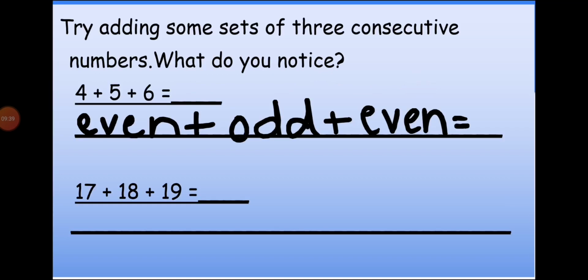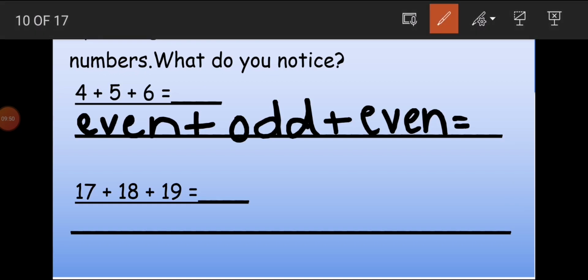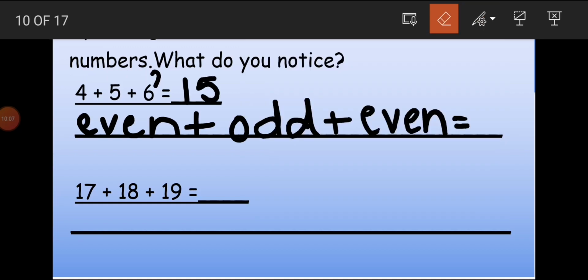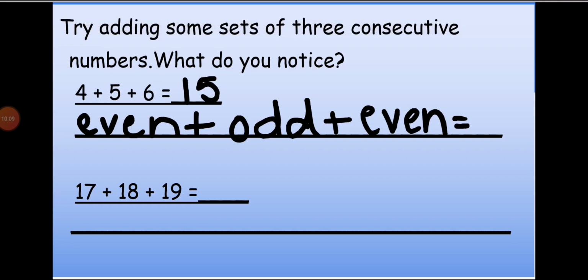It's very simple. You can add it mentally. First add the first 2 numbers, 4 and 5. Put 4 in your mind. Now count with me 5 more: 5, 6, 7, 8, 9. So when we add 4 and 5, we get 9. Now to 9 we add 6. Put 9 in your mind. Now count on 6: 10, 11, 12, 13, 14, 15. The answer is 15. So when we add three consecutive numbers, 4, 5 and 6, we get 15.